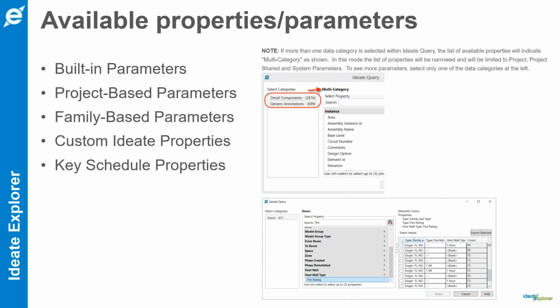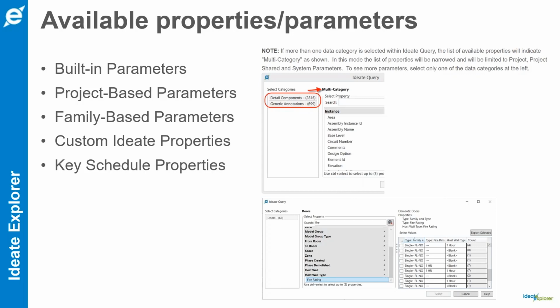And so if you want to see more parameters that are specific to that particular category, it's better to select just that category, right? And so what you have available are the built-in parameters from Revit, project-based parameters, family-based parameters,